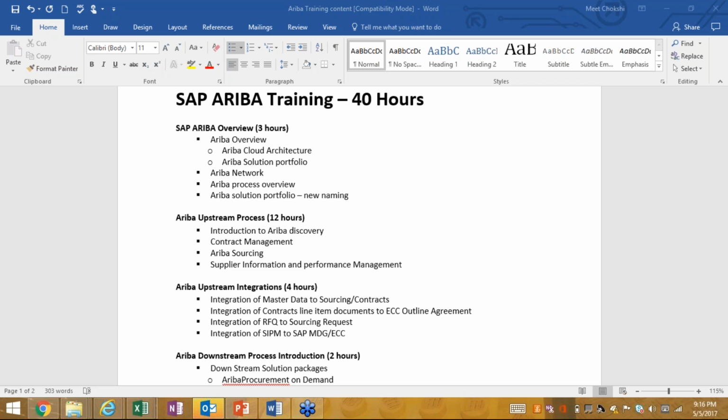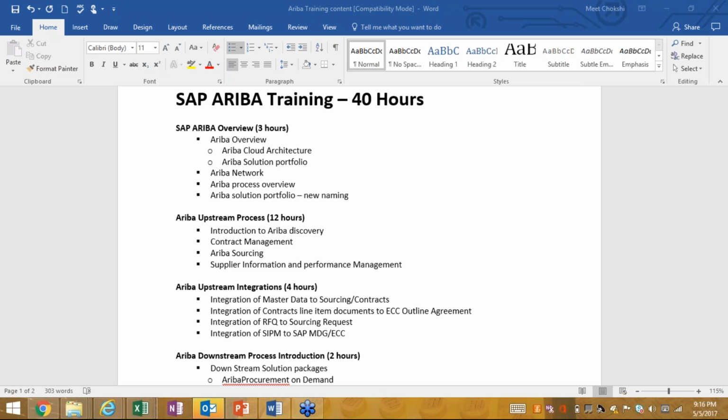Ariba does the same thing in one part. I would say Ariba is a mix of SRM and CLM, and it can also do the MM part of it. It can do requisitioning, ordering, transacting, and document automation. It can also do invoicing, scanning, OCR, and cataloging.